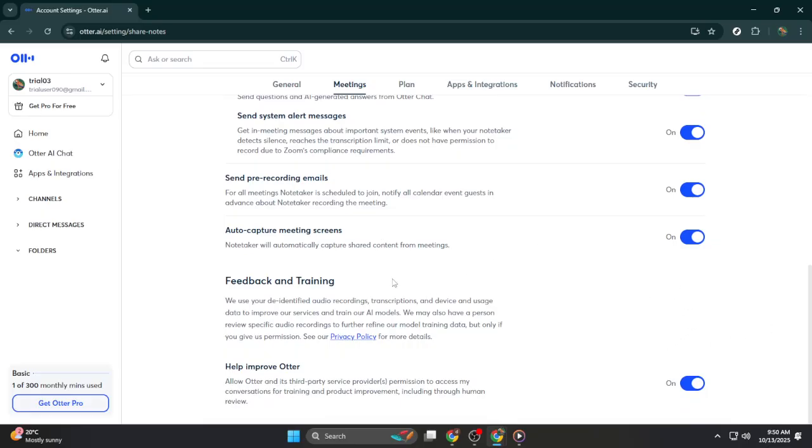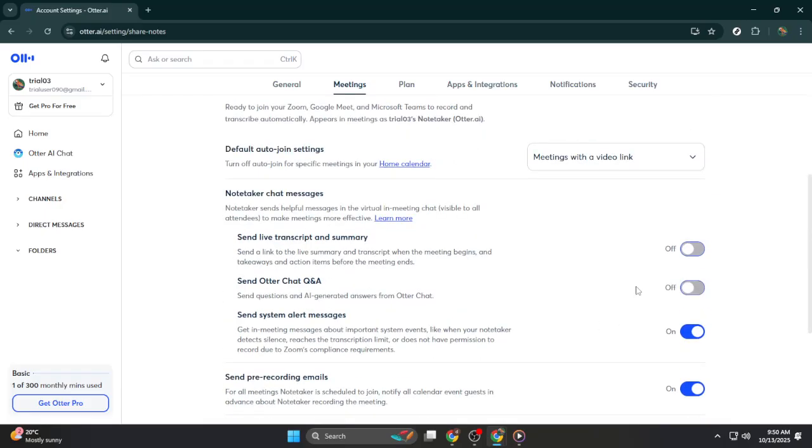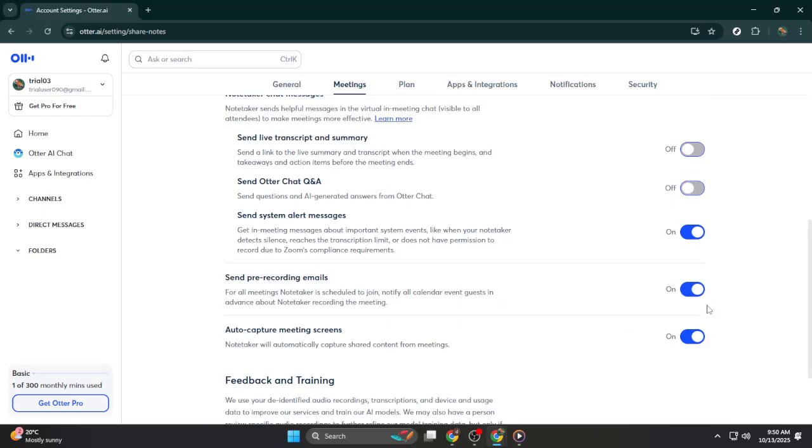Finally, let's address the auto capture meeting screens. Within the same settings menu, find Auto Capture Meeting Screens. This function allows the app to capture and record what's displayed during meetings. If you're looking to limit the information captured, it's wise to disable this feature. Simply turn off the toggle, thereby ensuring that none of the screen data during your Google Meet sessions get recorded